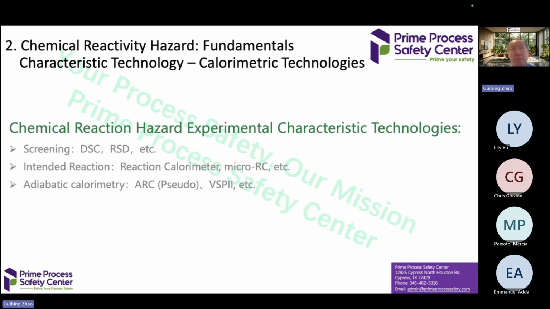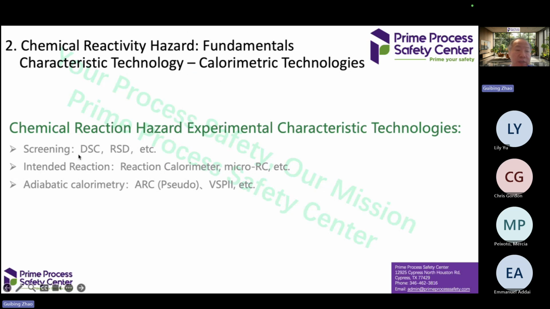If the overpressure is from vapor generation, the vapor release will usually remove energy by latent heat. However, if it is gas generation, the gas barely takes any energy out. So that's a different scenario. Another scenario is, if a runaway reaction is initiated from some temperature, how much time do you have to handle the situation and take measures to control the runaway reaction? All these chemical reaction hazards can be identified and characterized by the following technologies.